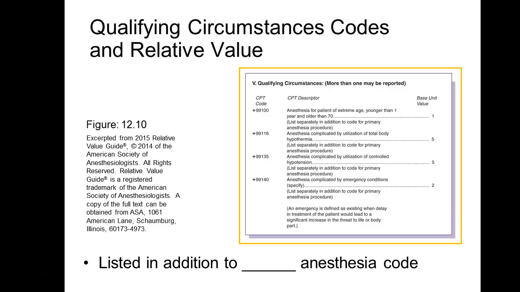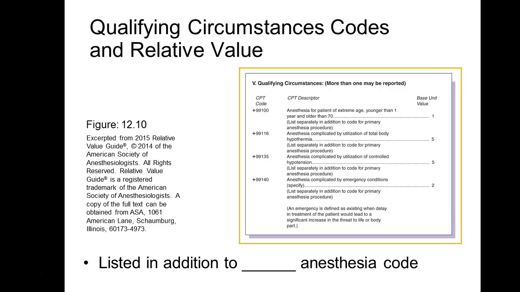99135 is controlled hypotension. So controlled hypotension is when we add blood thinners so that we can keep the blood circulating around in a slightly thinner capacity. This happens a lot for, again, transplant procedures, making sure the blood is not clotting and it's still moving through the body. And then 99140